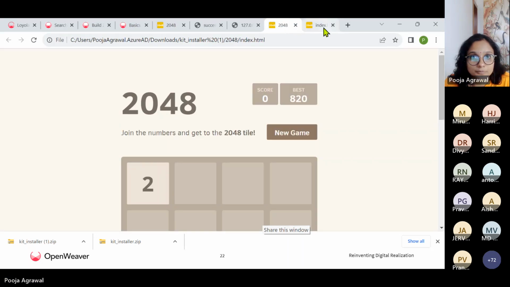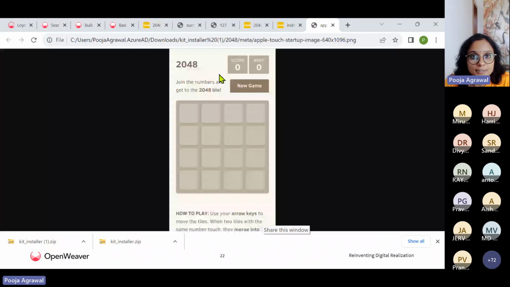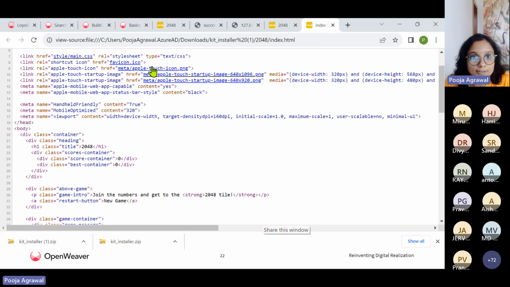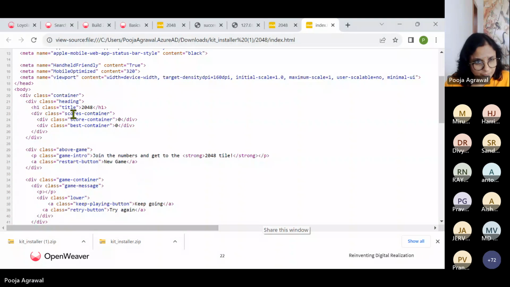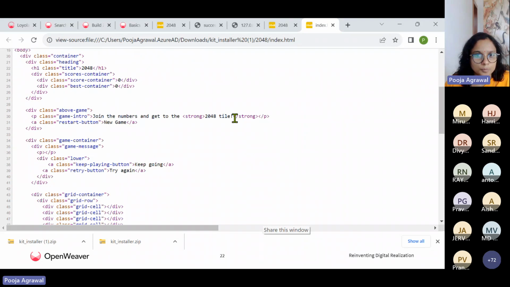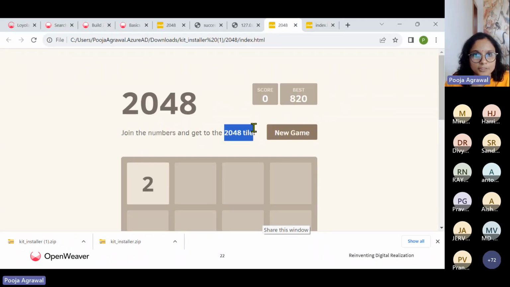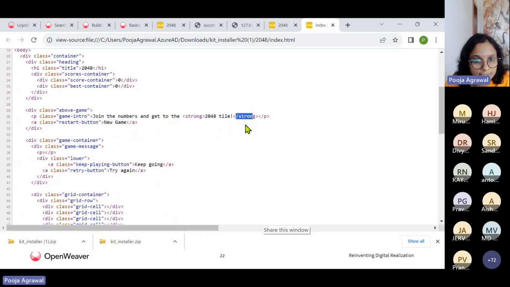When you select a particular region, you could actually see I just clicked on this particular image that got loaded. Similarly, this icon, I could check it like this also directly. I guess you guys are aware, you've created one of your own. So this is the score container, the intro, etc. You've also set the property to strong. So particularly for this instruction 2048, that will show as bold here.